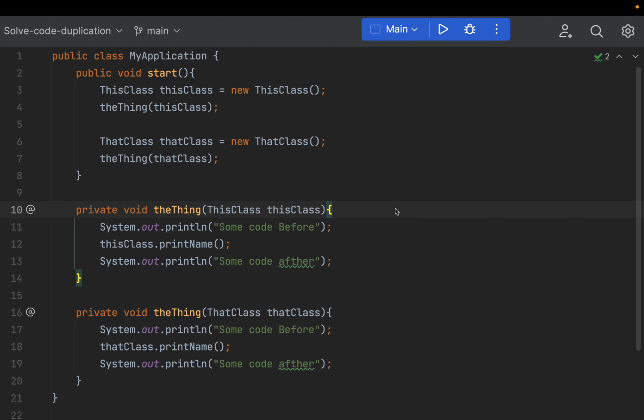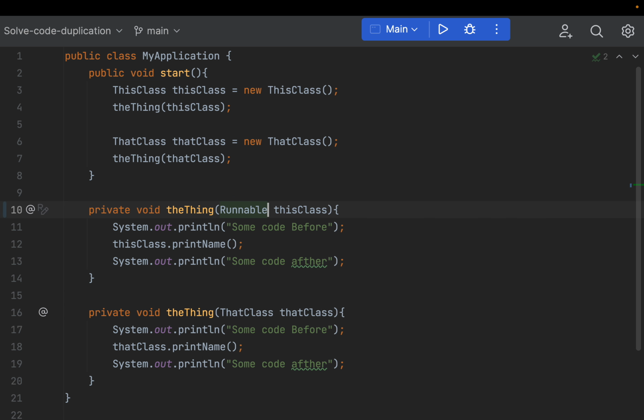In the previous video we solved this duplicate code problem by using an interface. There is also another way how you can solve this problem, and that's with the use of functions. I can change this one to a runnable, and this line I will cut it for now. Rename this one to run, and we'll do